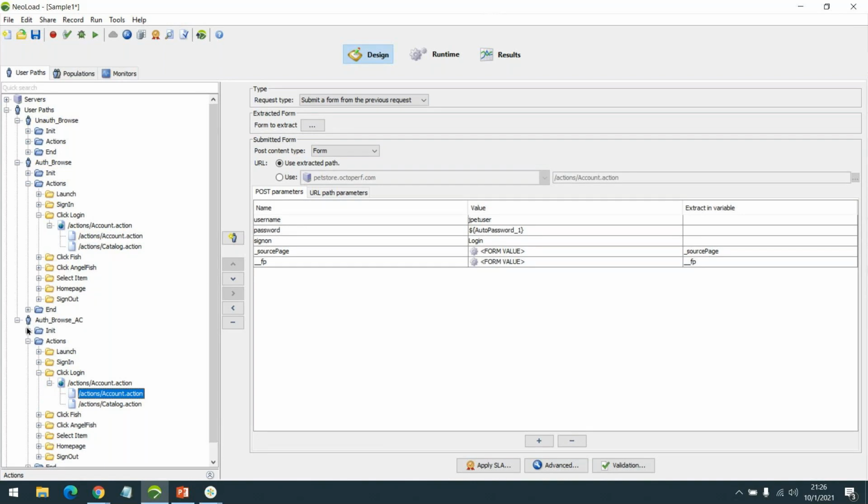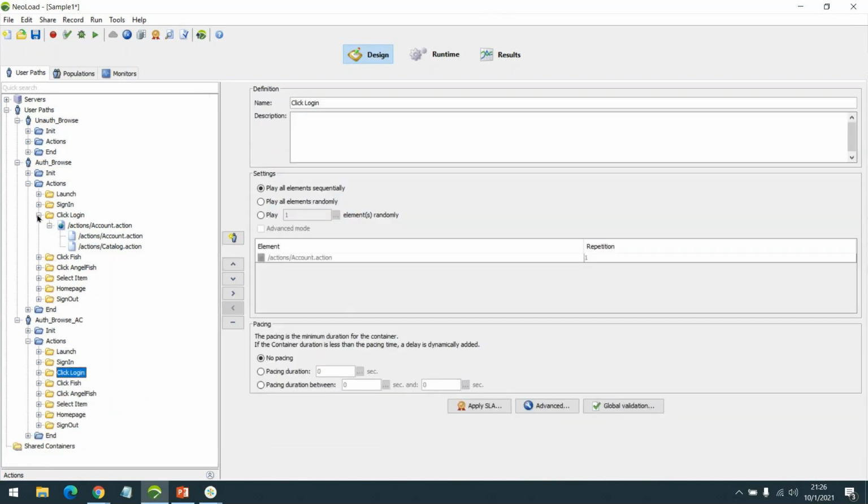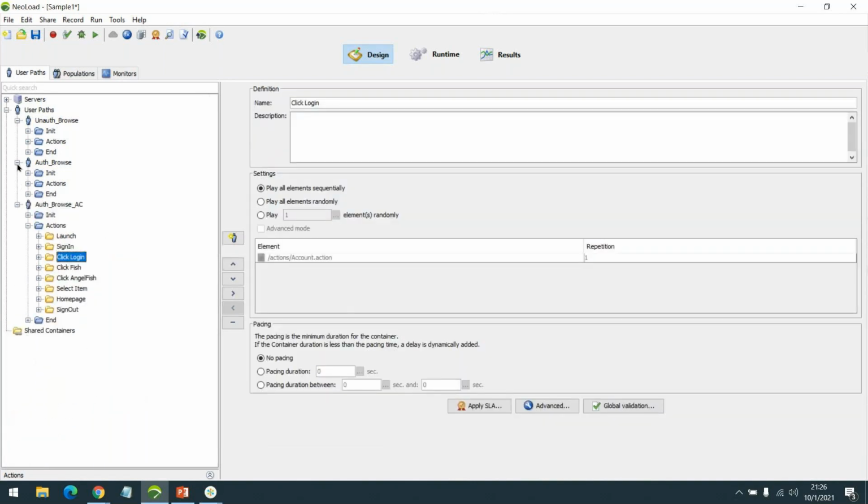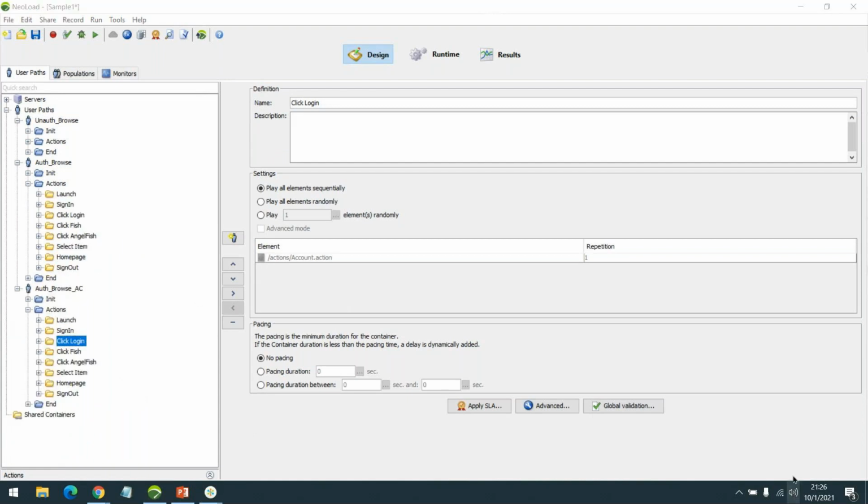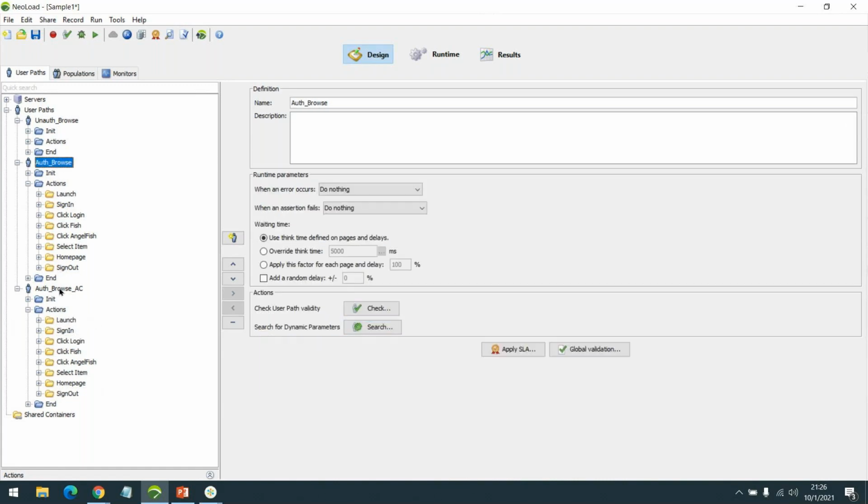Just to be clear, has the correlation been done between two user paths or in the click login action file? Sorry, are you asking whether this autocorrelation is done for both the browse and this one, or only for this?